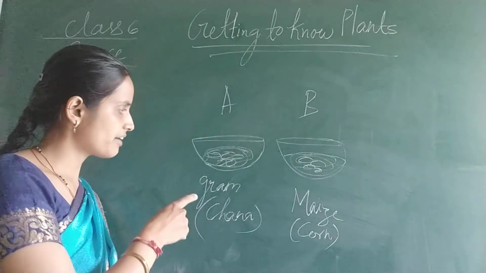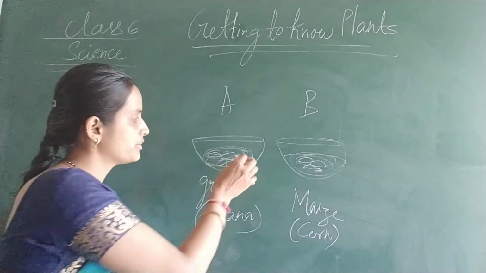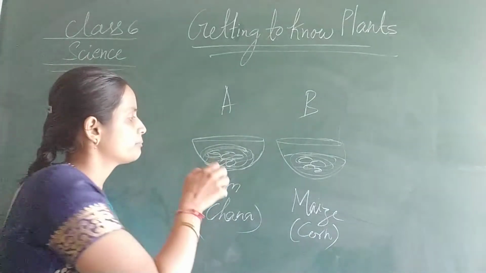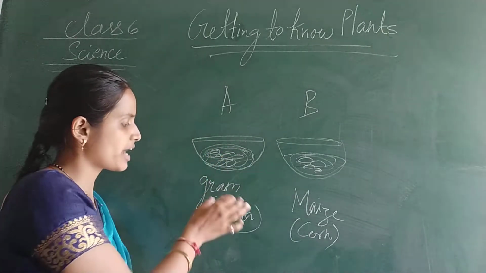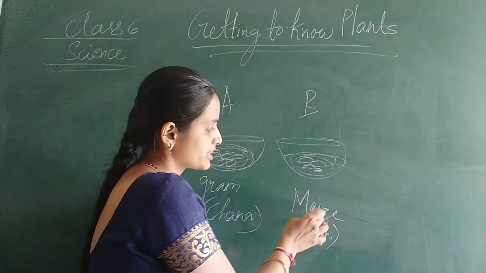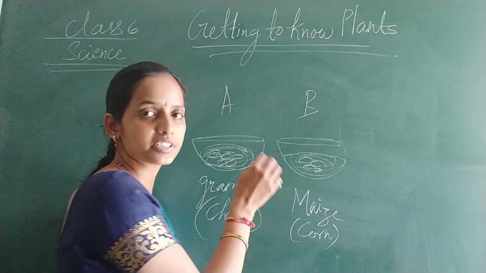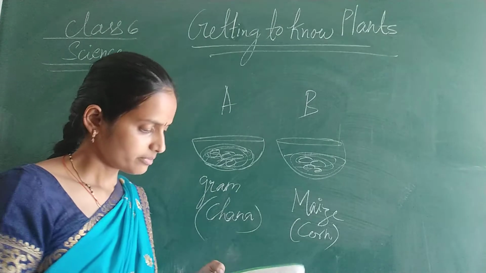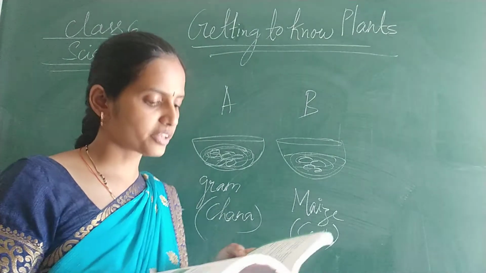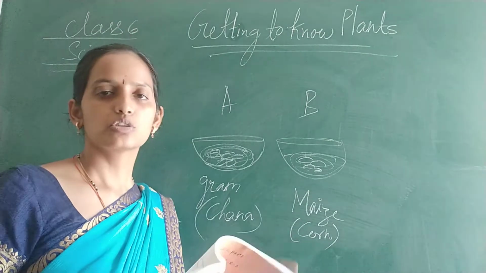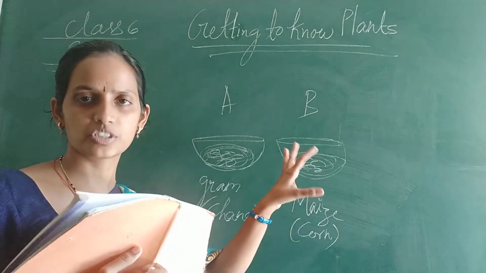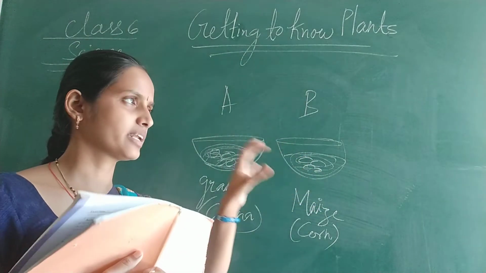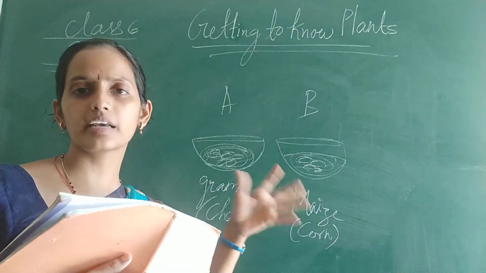In the first part we have taken the bowl or the katori with the wet cotton. Wet cotton means it is soaked in water. Then we have put seeds of the gram or the chana. In the next part we have taken the maize or the corn seed. Same thing, wet cotton and seeds. Then keep the cotton wet by sprinkling water every day. So every day we provide moisture to that cotton, making the cotton wet again and again